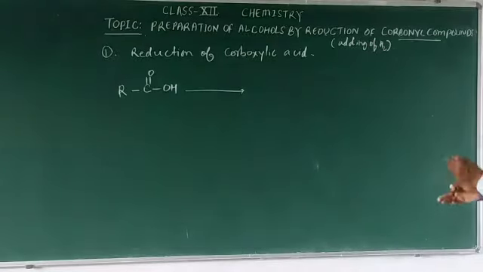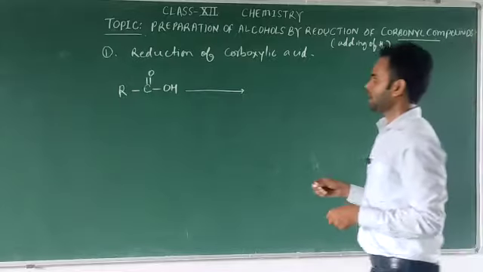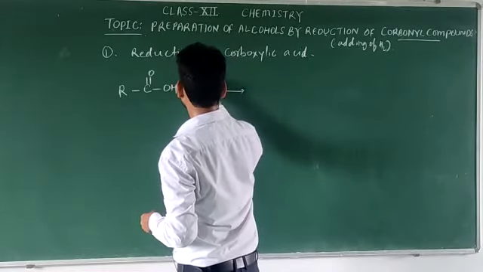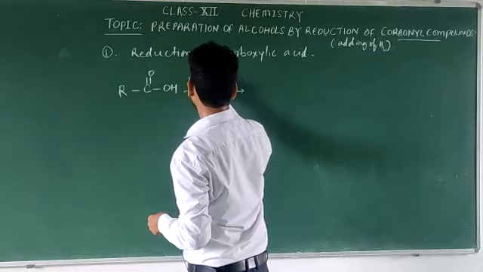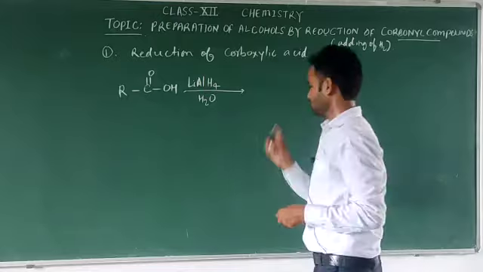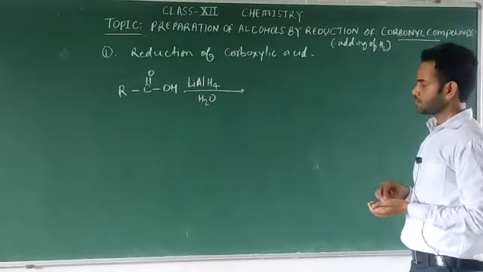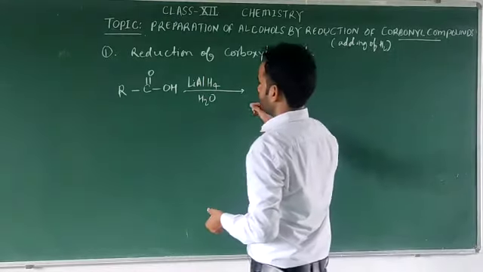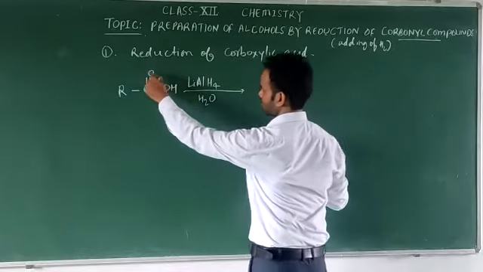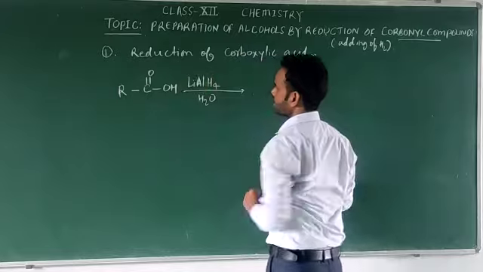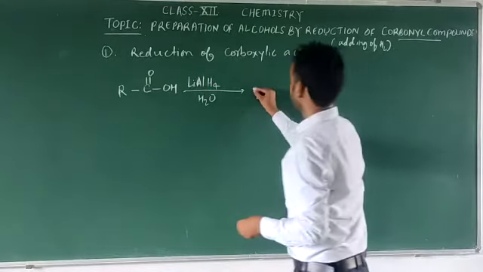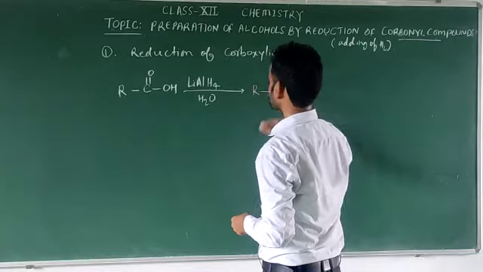So to reduce this carboxylic acid, we should have a strong reducing agent, that is lithium aluminum hydride and H2O. So after the reduction, what will we get here? We should replace this oxygen along with the double bond here, and at this place we should add two hydrogens here. Okay, then we can get R C